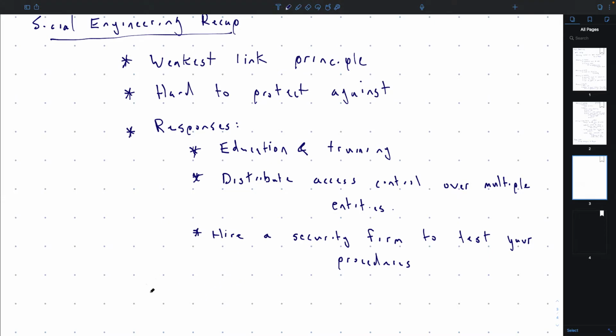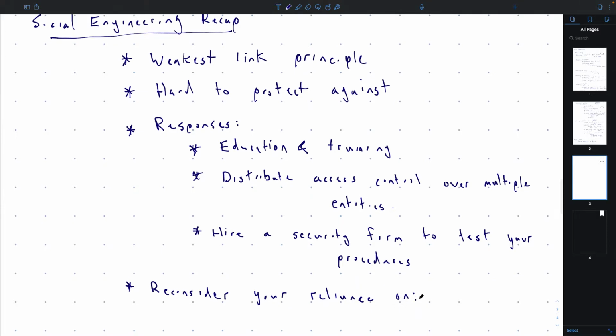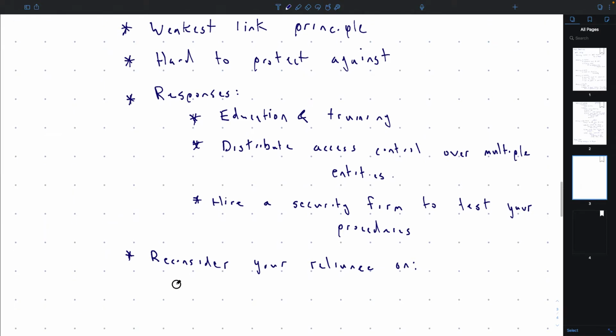From a technical standpoint, there are a few technologies that we keep seeing over and over, so you might want to reconsider your reliance on things like DNS, phone, SMS. We didn't really see these, but SMS was involved in the SIM card hack.